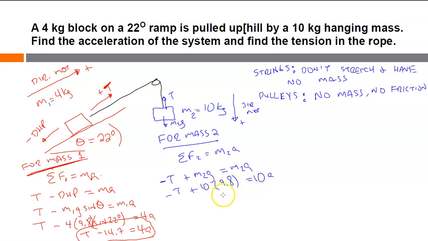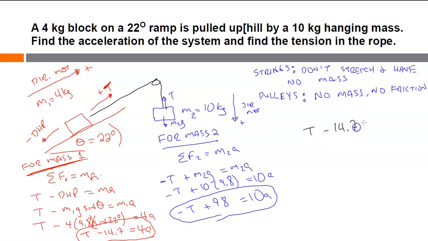All I can do is multiply 10 times 9.8, so that is going to be plus 98. That's equal to 10A. Two unknowns. I can't solve it. I'm stuck again. So this is where I want to do that stack and add thing. Somehow I need to solve those simultaneous equations. The elimination method